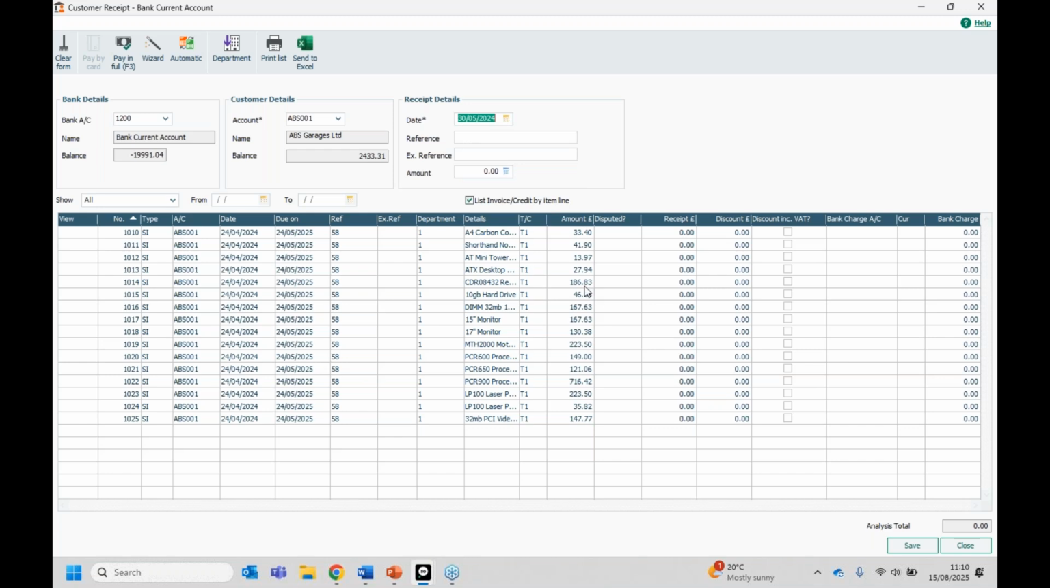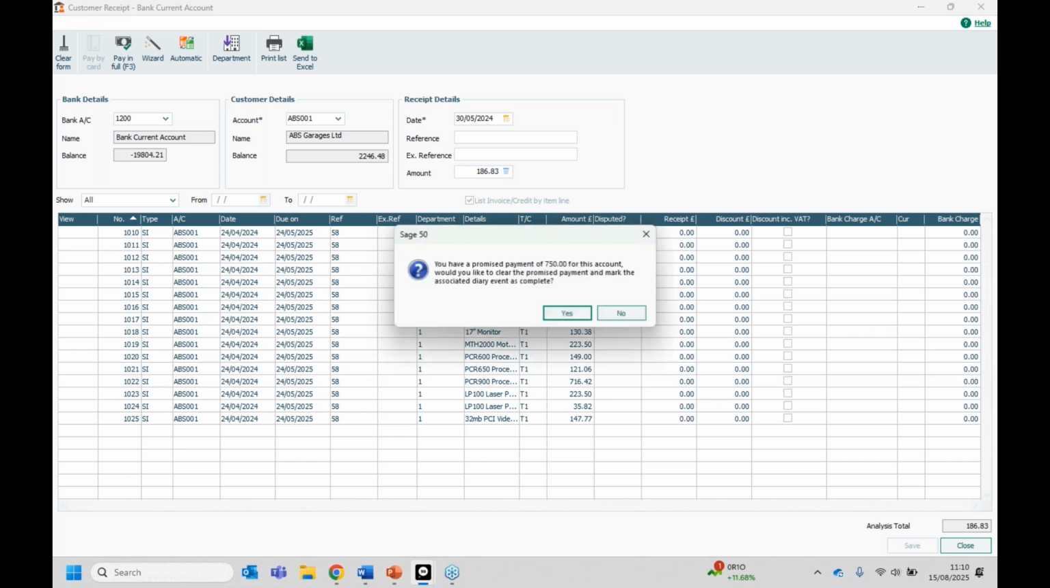So I'll put the date in. And now what I'm going to do this time is you can either free type £186.83. Alternatively, you can then use this option along the top, which is pay in full. If we pay in full, it populates that amount in there for me. I click save,